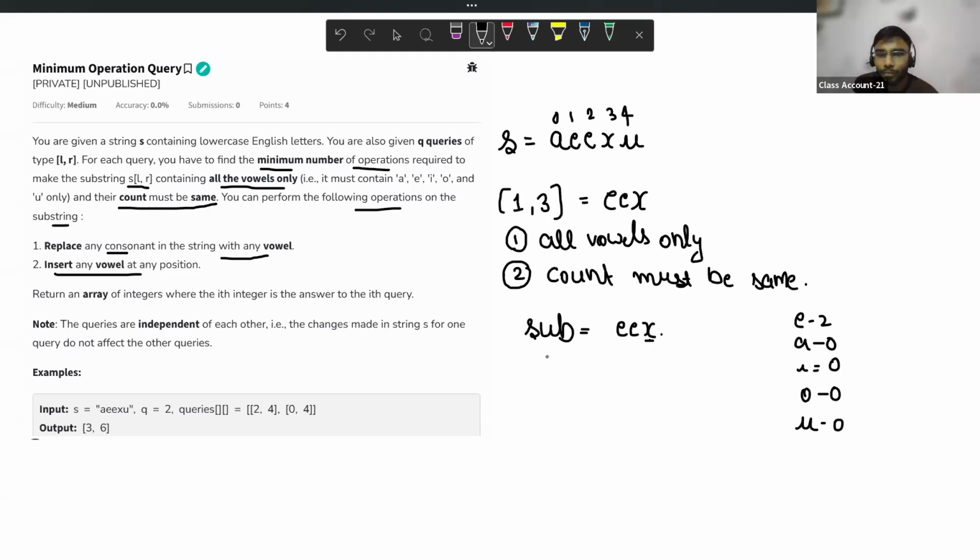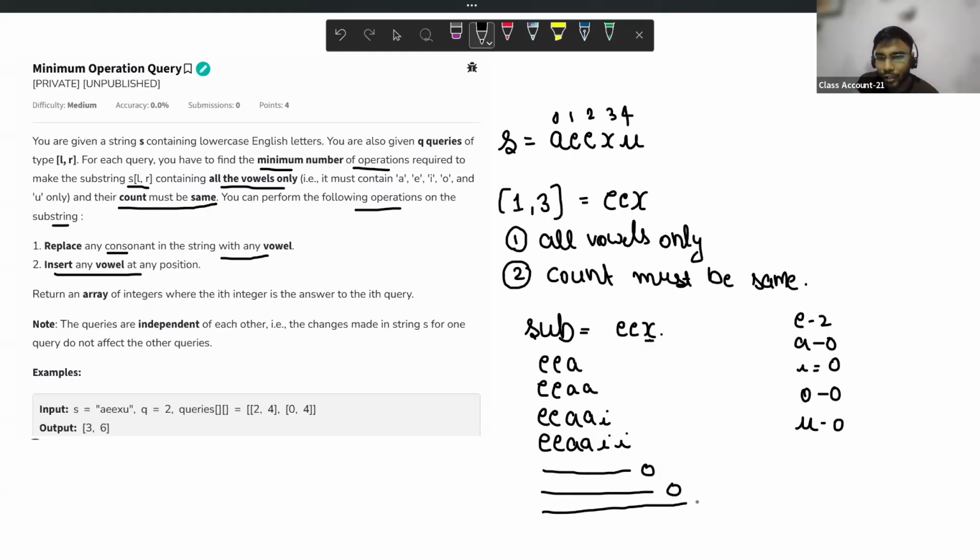So what can I do? In one step, can I change this X into A? In the second step, I can add one A. After that, I can add I, and then again E, I, again I. To complete this, I can add two O's, and at last, what is left?